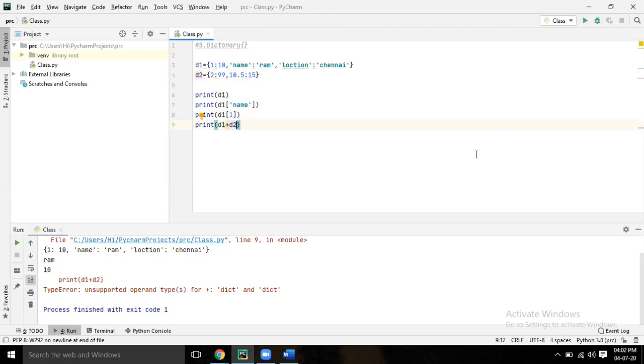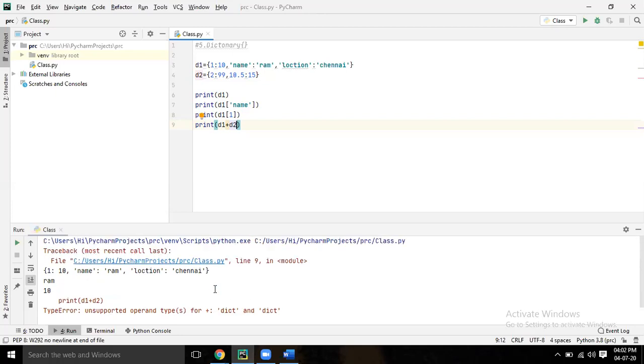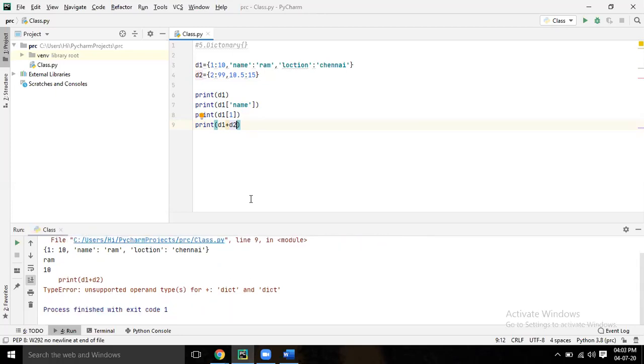So here you cannot do this concatenation. And slicing also, can you do the slicing, 1 to 10, all these things that we did in list and tuple? No, not possible, because it's not increasing by 0, 1, 2, 3 and so on. So this is the thing about dictionary. The main thing is you can assign your own key.